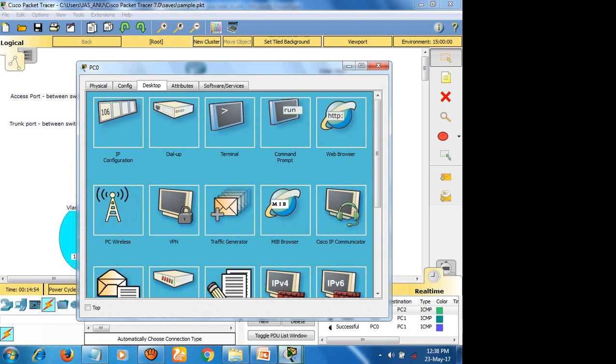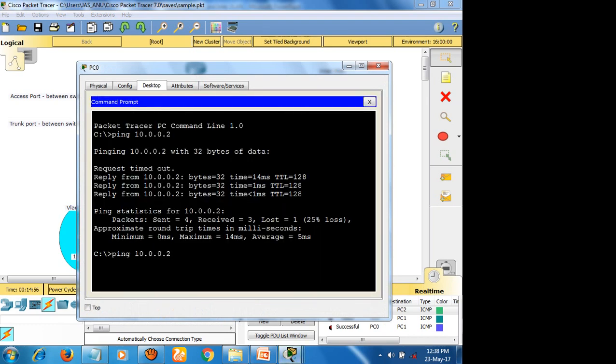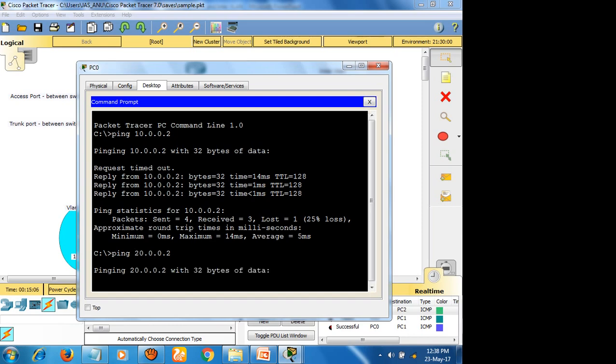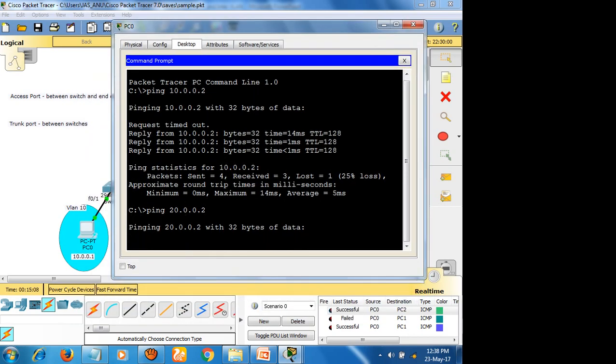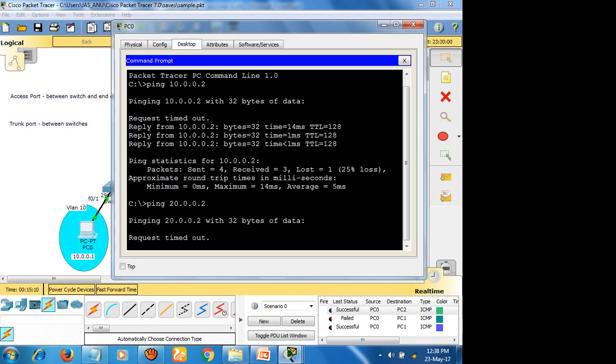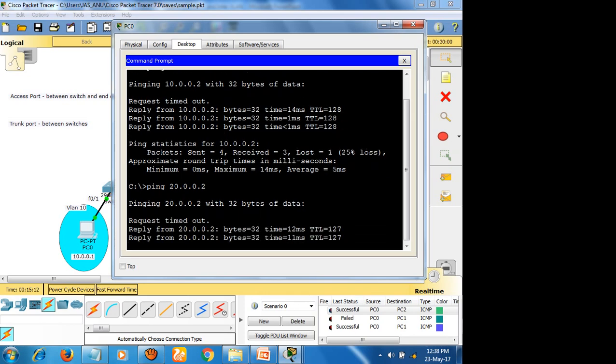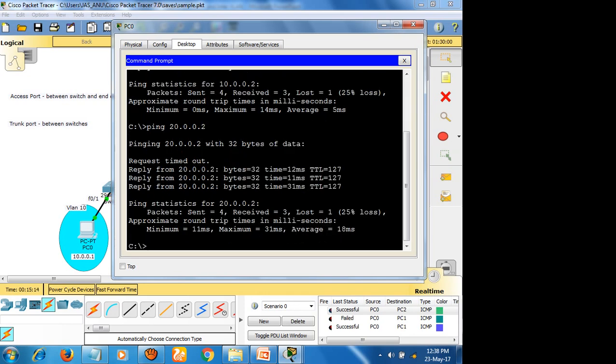So you can check it now. Ping. I'm pinging from the 10 network to 20. Look at this. That is inter virtual LAN. I can communicate from virtual LAN 10 to virtual LAN 20.